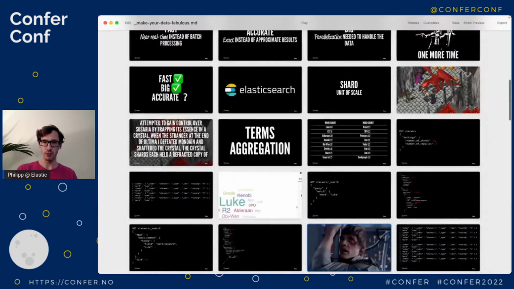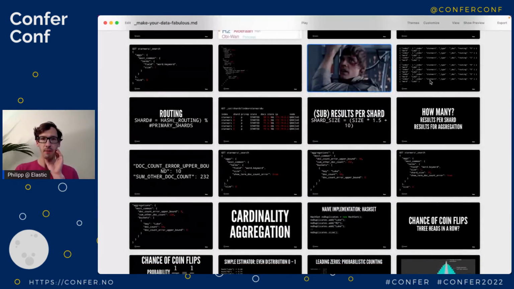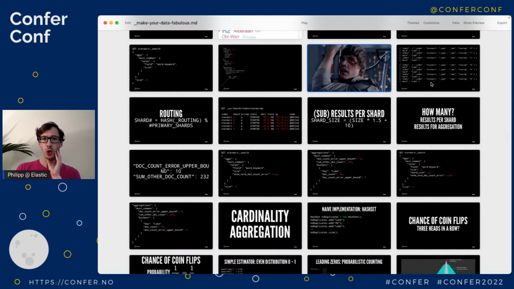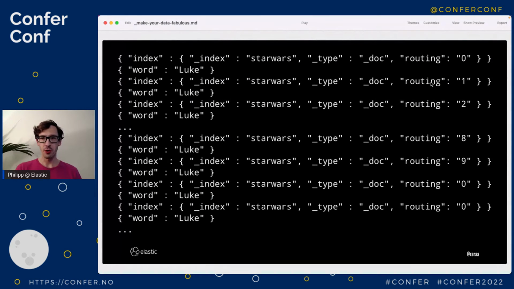And let me zoom out a bit of my slides. I'll run the code live. I'll only show you a couple of things taken out of the slides. So what is important here is I have cheated a bit. I've prepared my data in a way that we actually run into this problem much sooner than you normally would. So there is a so-called routing key in this data which defines into which shard my documents are being written. And the first 10 Lukes went to random shards, but the remaining 54 Lukes were all written with the same routing key and ended up on the same shard,